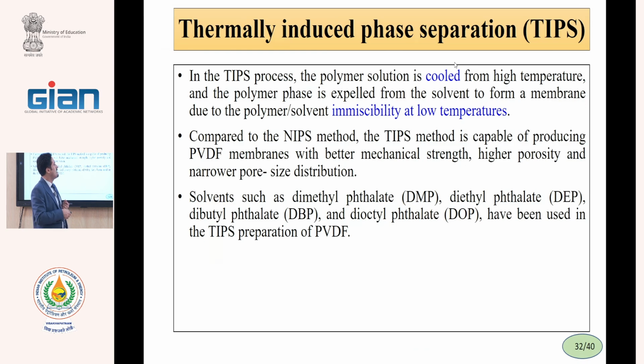We use dimethyl phthalate, diethyl phthalate, dibutyl phthalate, dioctyl, all of the phthalate groups, and all of these solvents are oil. The most used, for example, DOP